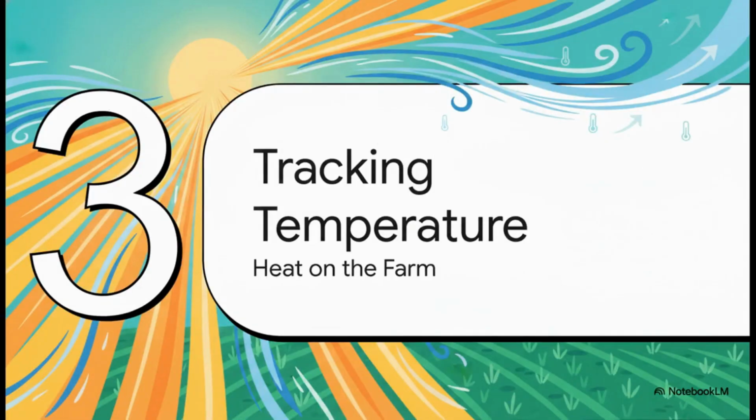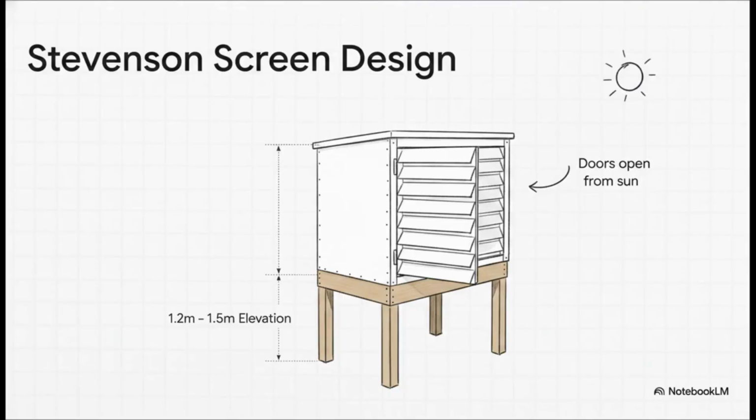Next up, part 3, tracking atmospheric temperature. Let's talk about heat on the farm. Sunlight and wind are constantly interacting, and together they dictate the exact temperature of the air surrounding our crops. But to measure this air temperature accurately, we can't just hang a thermometer out in the open. If we did, the direct solar radiation would just heat the instrument itself, and boom, we get a false reading. We want the temperature of the air, not the sun's direct heat,